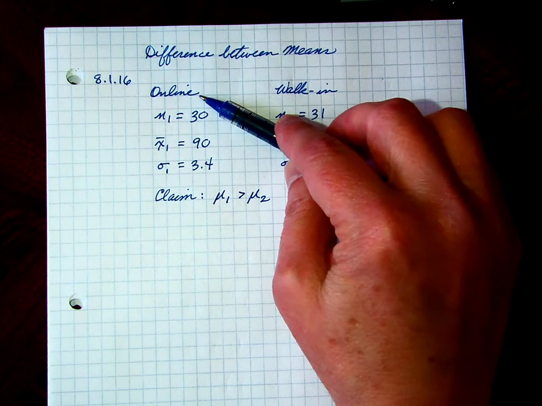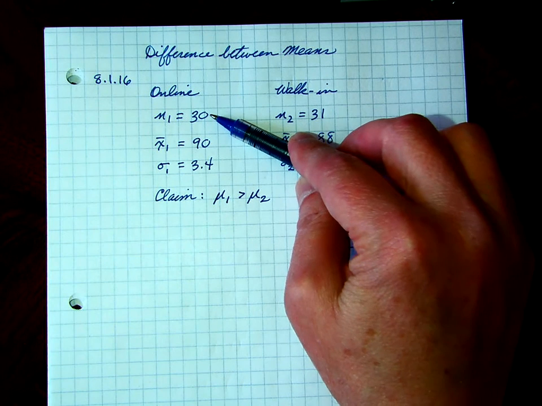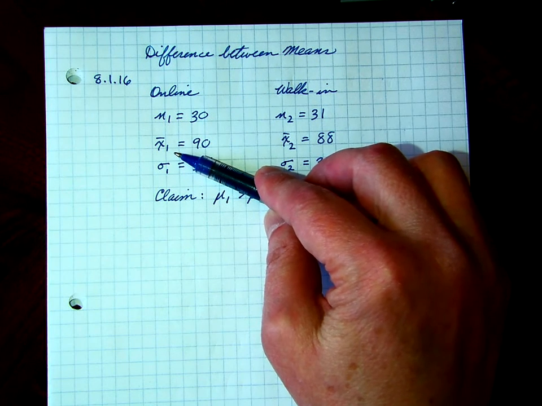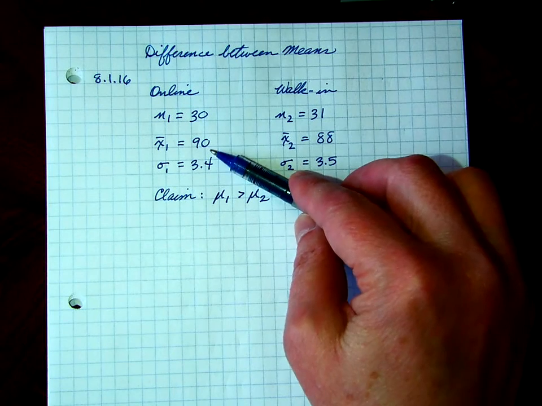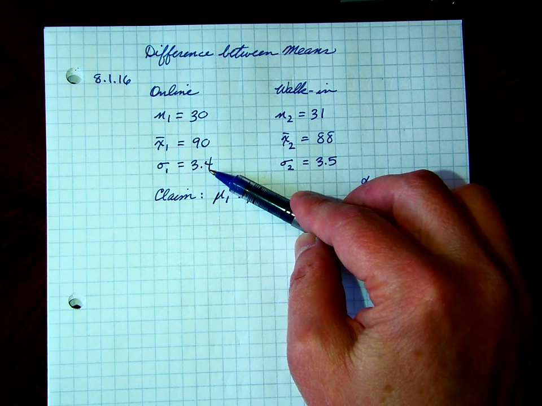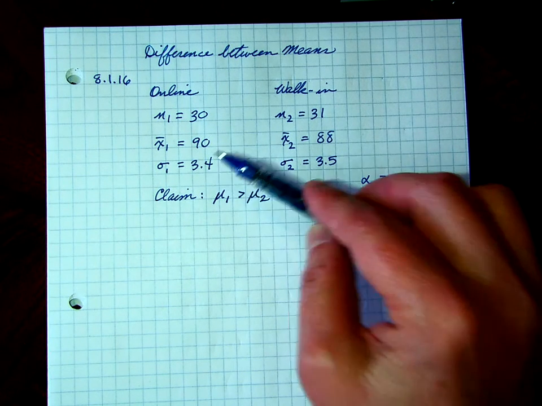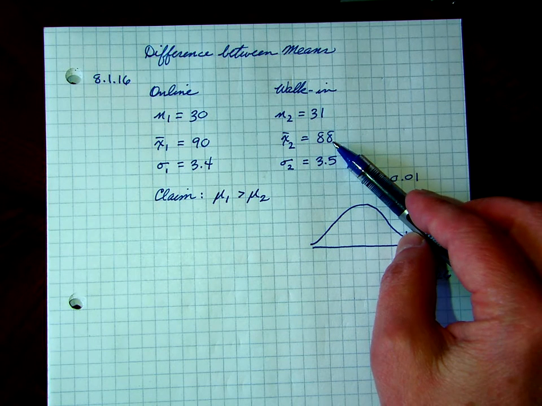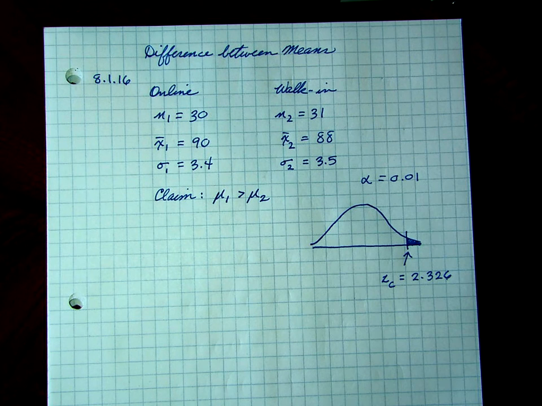Turns out that the online purchasers numbered 30, and the average satisfaction rate was 90 out of 100, and the standard deviation, which we're assuming we know somehow, is 3.4. The walk-in traffic numbered 31 customers, and their satisfaction level averaged 88 out of 100, and their standard deviation was 3.5. Now, as it happens, the claim is that